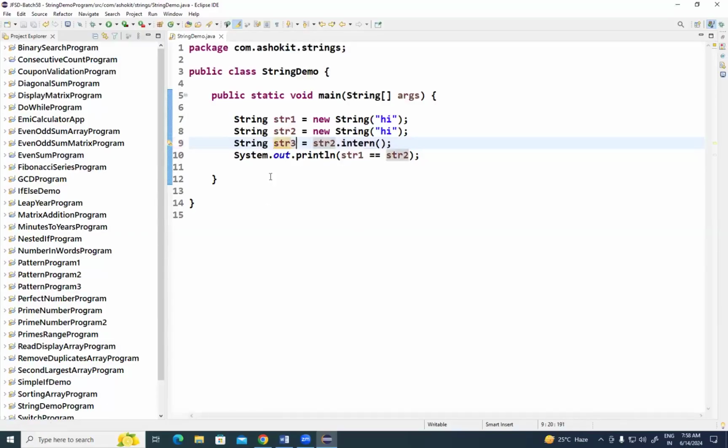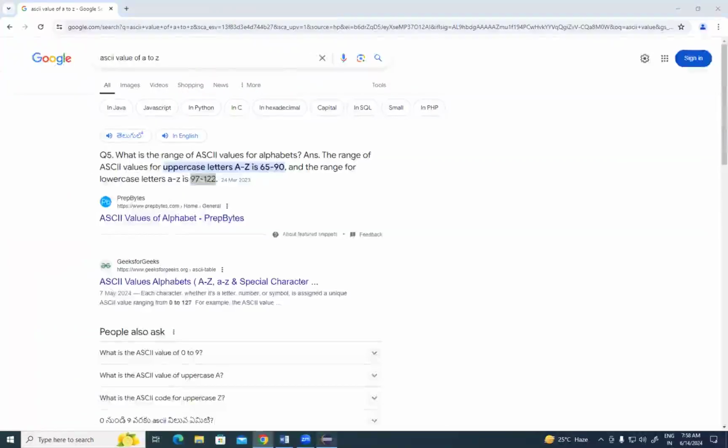I'll check with this. Then I'll explain what the intern method is. Okay, I'll explain about this. I'll go through this method once again, then I will tell you. Okay, leave it. Next, we'll find the